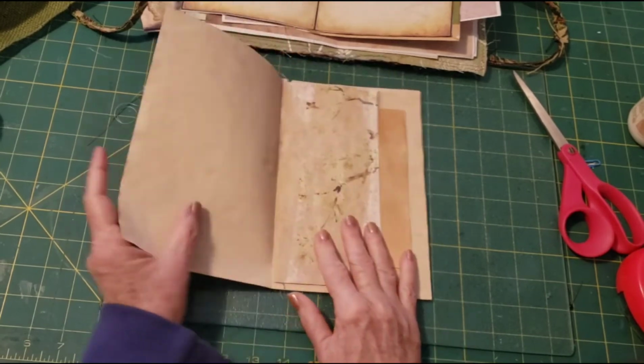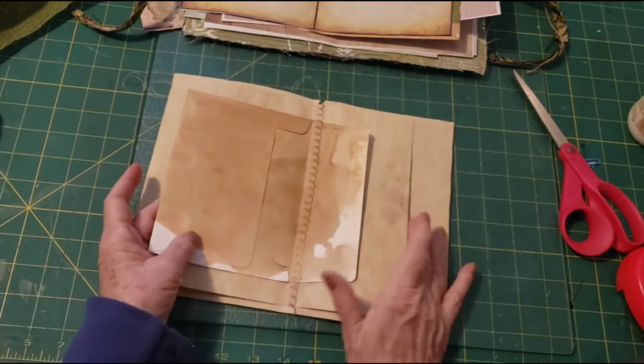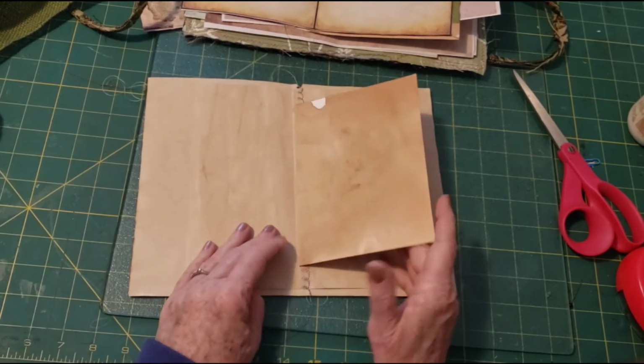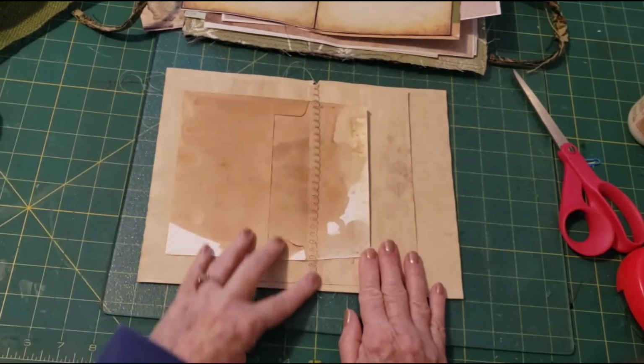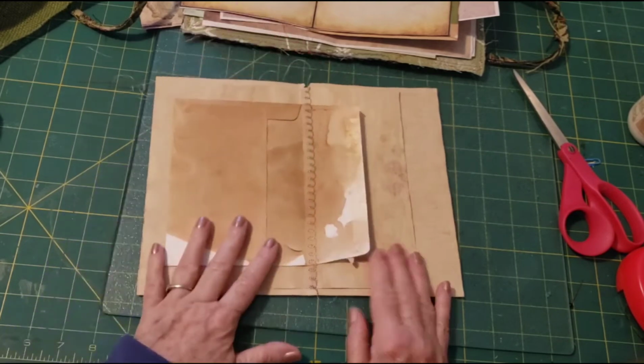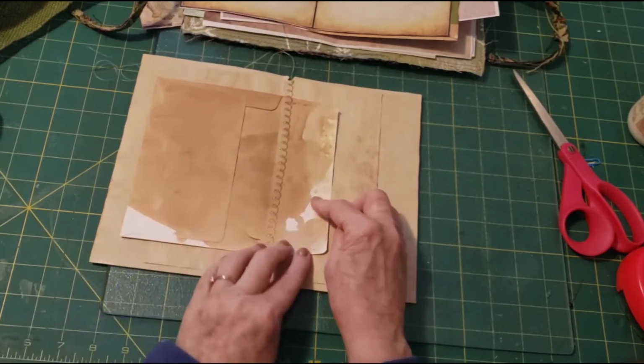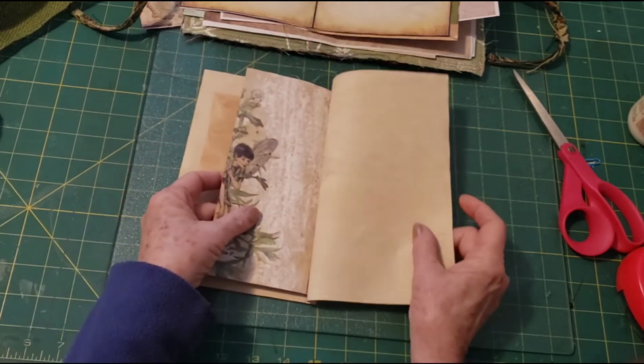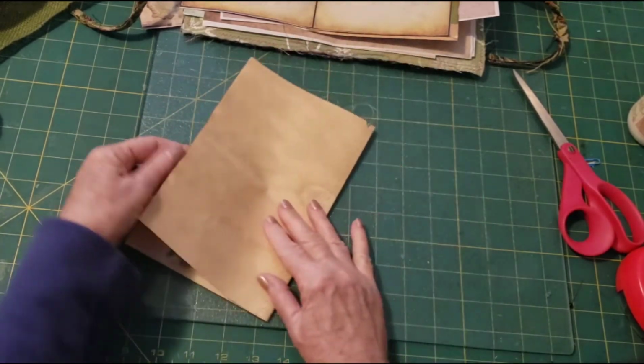And I'll be sewing in the signatures. So what we have here is this, that sew down here. I ripped a little bit there, but that's okay. And then this is going to be a tuck. I'll glue that down. And then this, I'm going to cut this or tear it